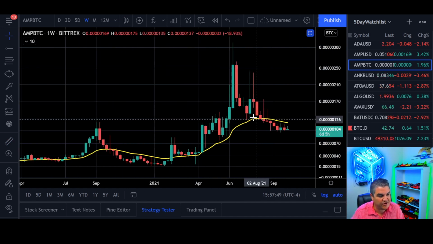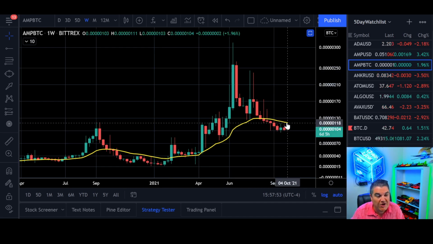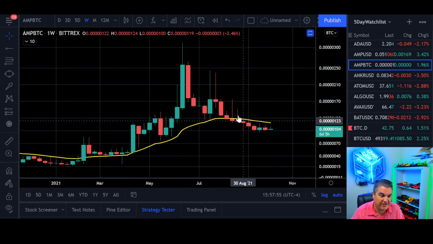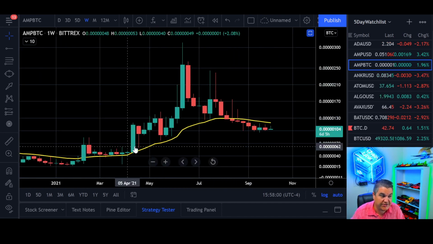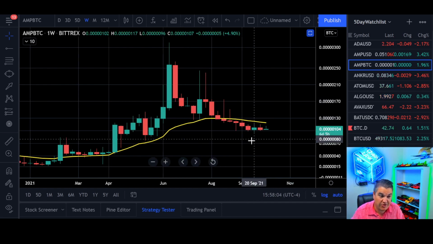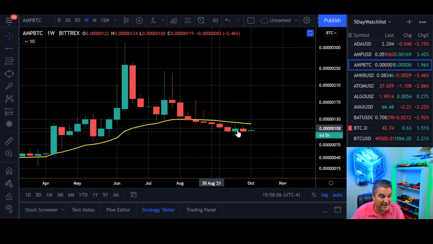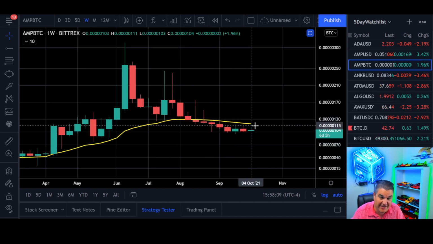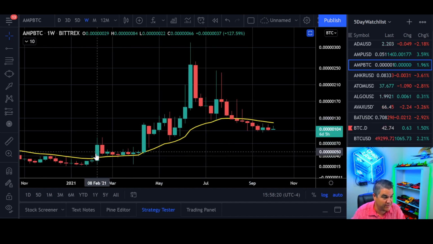So now this is kind of our first time since our big initial move that we're back under the 21 week, right? Because we're on a weekly scale. This moving average now flips to a weekly scale. And bullish if you're above the 21 week, a little bit bearish when you're below the 21 week. So for the time being, we need AMP to flip this. The daily will be your initial one, right? You want to flip the daily first, and then hopefully in the not so distant future, you'll flip this and start holding the 21 week as support, as we did back here.